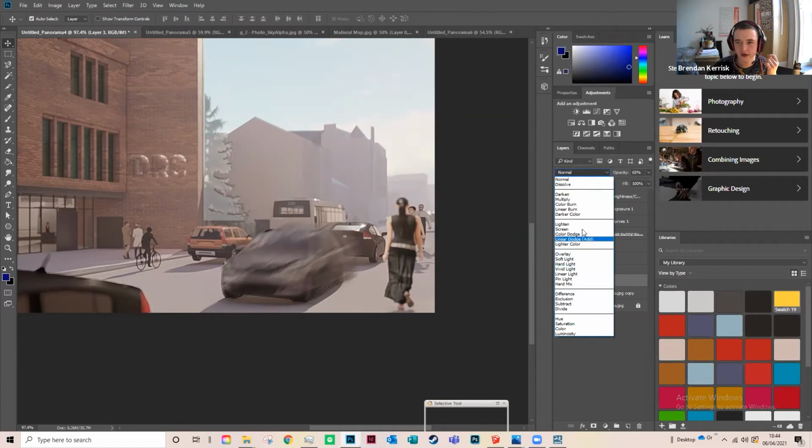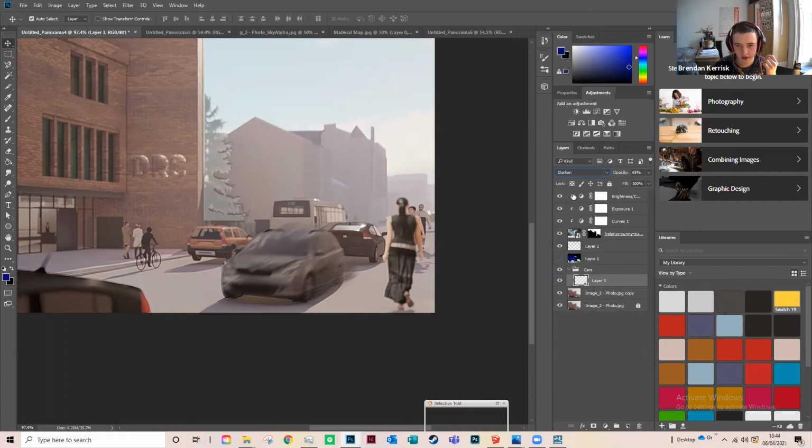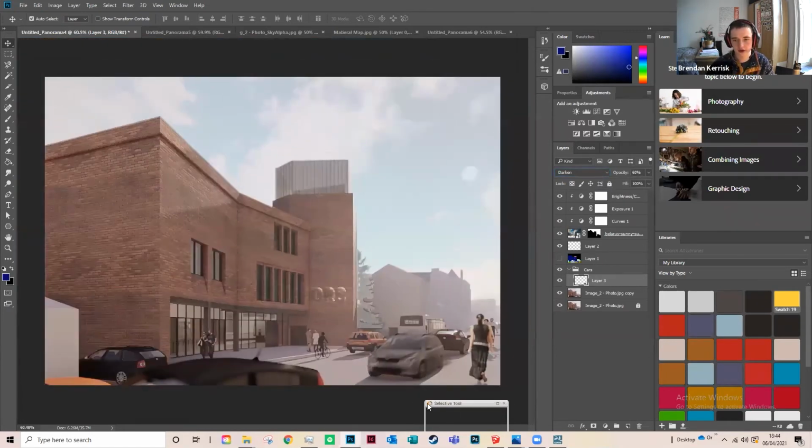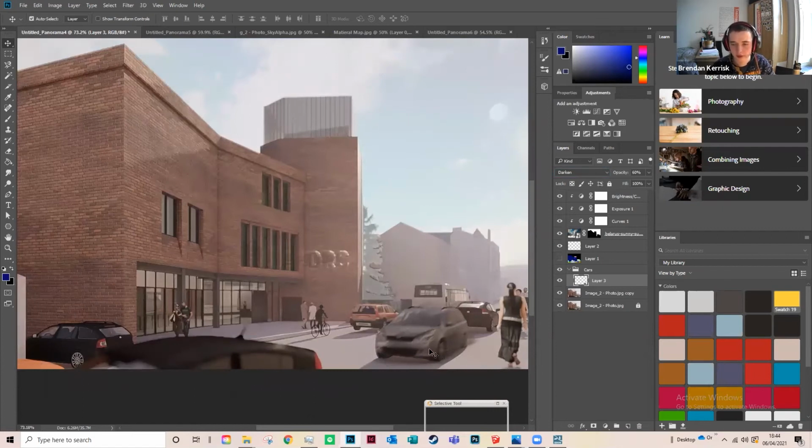So I'd explore every single one of these and how it can affect the image. Essentially, if you just click through them very quickly, you can see which one you think best fits. So it just got darkened slightly. And this isn't perfect because I'm just running through it. In practice, you spend a little bit longer working on it. So you can do the same thing with cars,